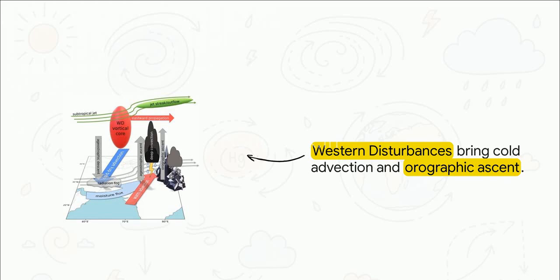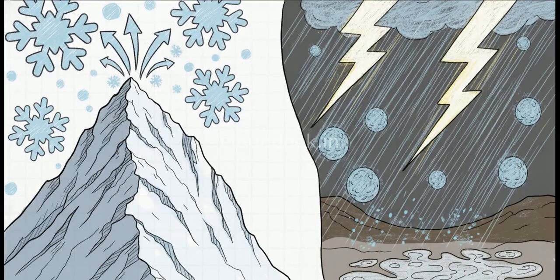Now, let's shift gears and look at one of the most incredibly unique weather systems on the entire planet, the Western Disturbance. This is an extratropical cyclonic storm that usually forms way over in the Mediterranean. But then, it gets caught in the high-altitude, subtropical westerly jet stream and essentially rides it eastward all the way to the Indian subcontinent. It's an amazing journey. To the west of its core, it pulls down cold, dry air, creating massive areas of radiation fog. But to its east, it pulls warm, extremely moist air right up from the Arabian Sea, slamming it directly into the Himalayas. The real-world impacts of these Western Disturbances represent an incredible double-edged sword.